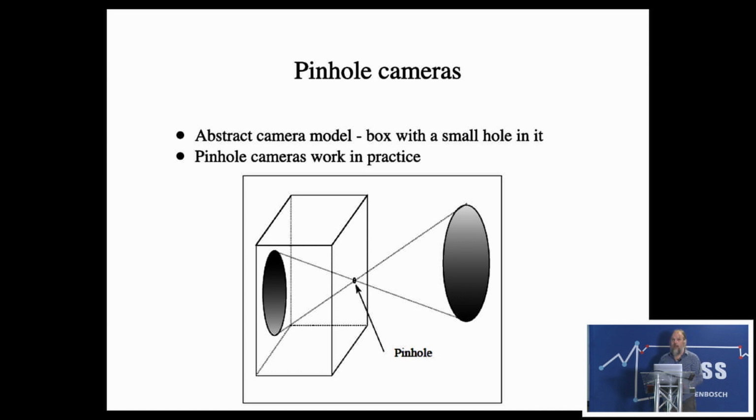Here is a model of an abstract camera. I have a little box. It's got a very tiny hole in it at the front, but otherwise it's light tight. At the back is light sensitive stuff. Now, the only light that arrives at that point at the bottom at the back must be the light that came through the hole. If the hole is small enough,